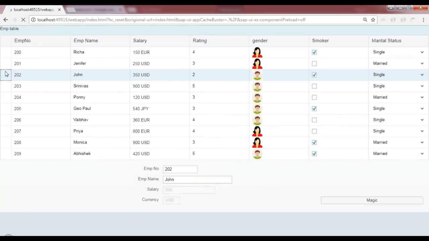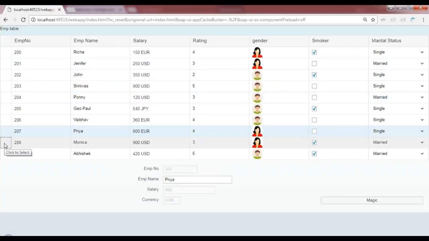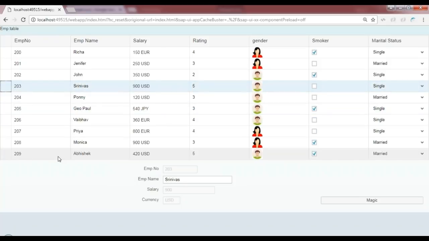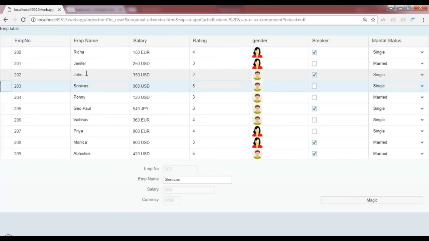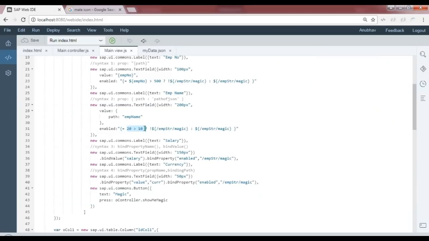And let's try now. There you go. Your input fields are also becoming grayed out for employee number now based on the condition. And I can also put a special condition here. If employee name is Jennifer, then also make the employee name grayed out. So that is something, expression binding, we discussed in the previous class. Hope you all remember. So dollar and then your property name, emp name, and if it is equals to Jennifer,